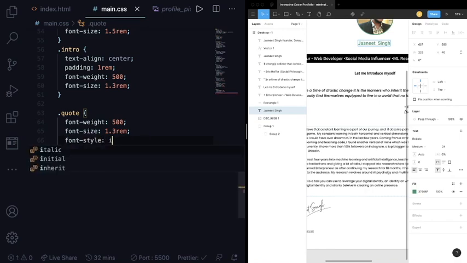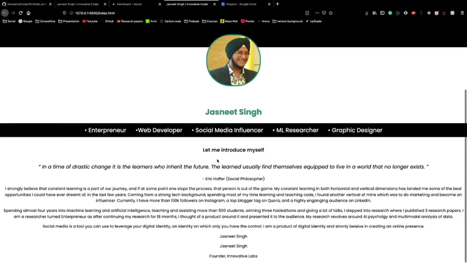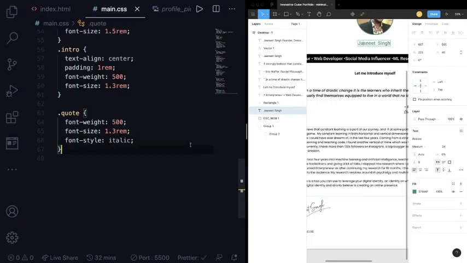Style as italic. Let me just have a look at that. Okay, looks really good. Looks really good. Now what we need to do is